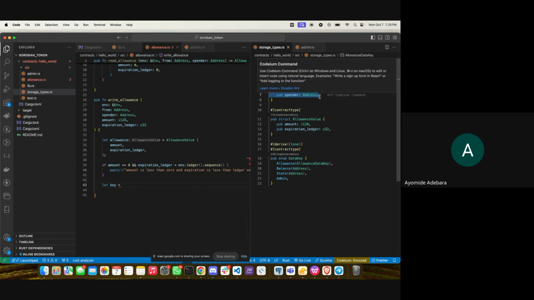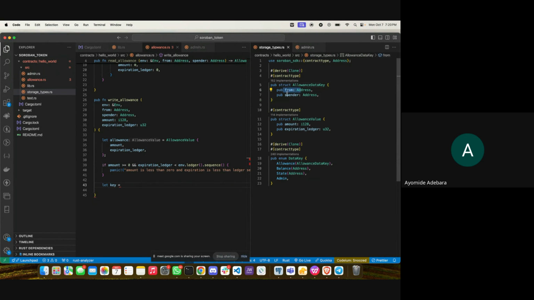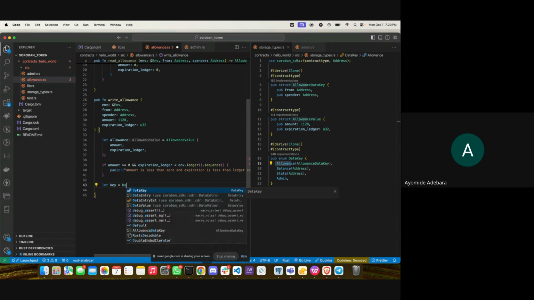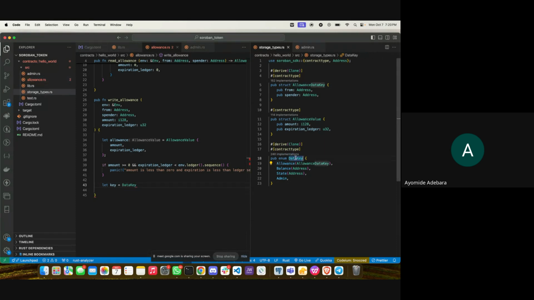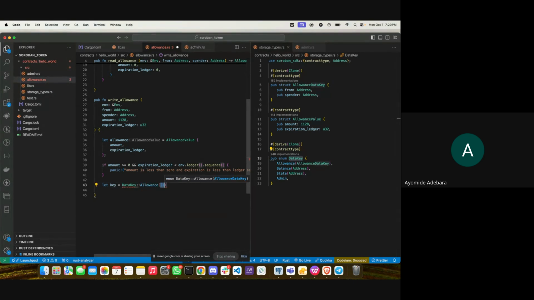Because in Solidity, if you think of the implementation for the ERC20, the allowance is actually a 2D mapping, and that's more like a tuple, the from and the person that you are spending, the spender. So this and this is mapped to this, you get. So we want to do the same thing. So we want to create our key. Our key, we start with the data key, which is this, and then the allowance. And inside of the allowance, we would now use,